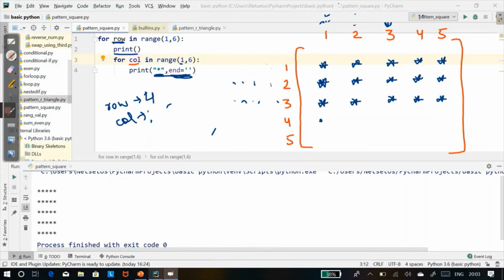So here the cursor will come to this place. Now column will start from the first. So column will be here and row will be here. Now for column 1, it will say print star. So we need to print star. Then it will go for second. Second, print star in the same line. Similarly, till 3, 4 and 5. Now it will say 6. 6 is not acceptable. So it will go outside the loop and here it will go to row for 5.